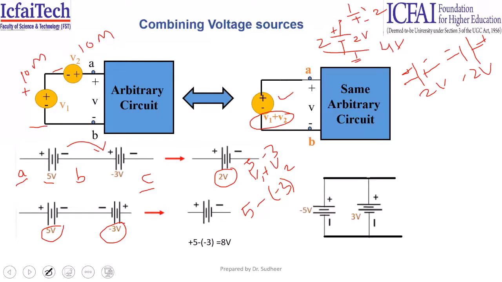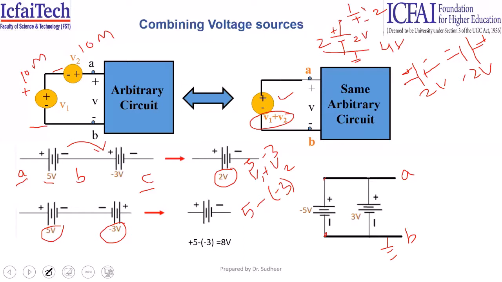So, can we connect two different voltage sources in parallel? Here, there are 2 points. We are saying that point A is at 3 volts higher with respect to point B. And in the same way, this 5 is also connected between A and B. You are saying, in another way, that A is at minus 5 volts with respect to B.